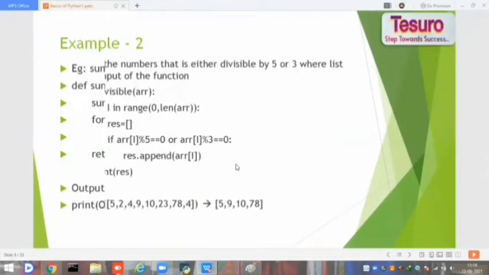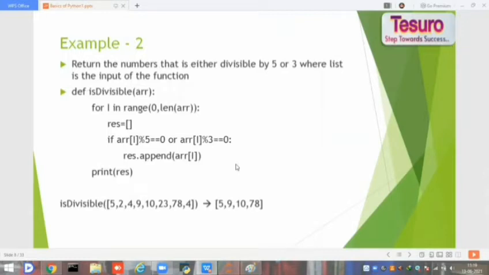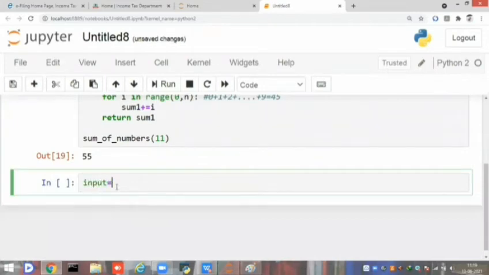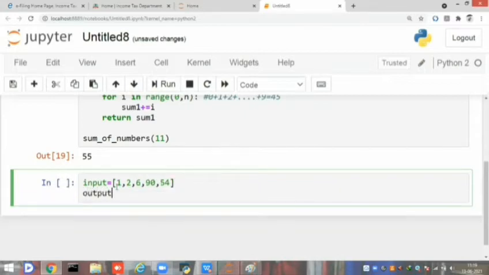In the second example, we have to take a list as an input, and we have to check whether the list elements are divisible by 5 or 3. Let's do this. Here the input is some list: 1, 2, 6, 90, 54, anything, and the output is the list elements divisible by either 3 or 5.